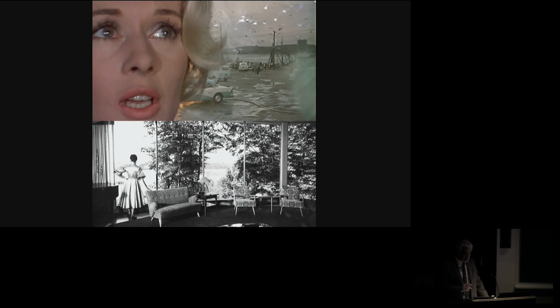And The Birds is really just one example of this. There are a number of post-war stories and films that talk about a haunted setting for the private house, where formerly the house itself would have been haunted. So the question I want to ask tonight is, how did this situation come about? How did we shift from the haunted house to the haunted landscape? And how did the bucolic landscape erupt into horror? So as a spoiler alert, it has to do with glass.